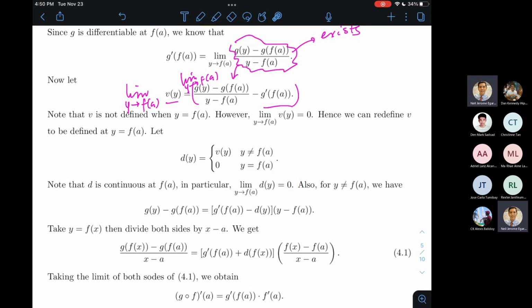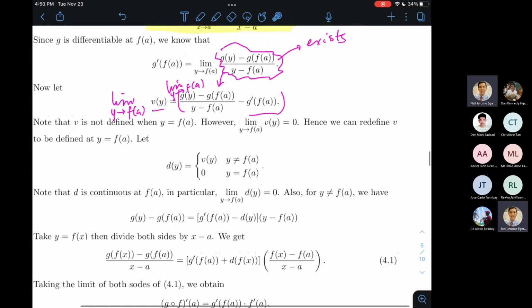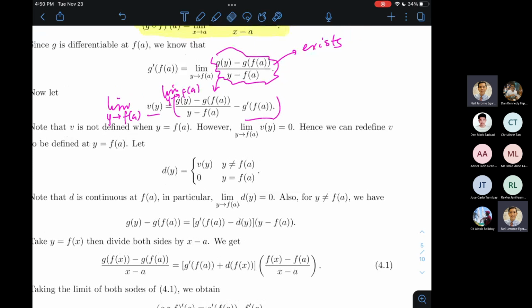And then, ano yung susunod na mangyayari? Titingnan ko yung equation 4.1. Saan ang galing? Yung bago mag 4.1. So mula dito, ang daming dinaanan, no? Bago yung trick. So here, okay. So what I'll do here,